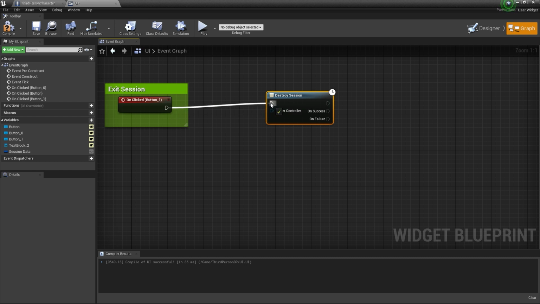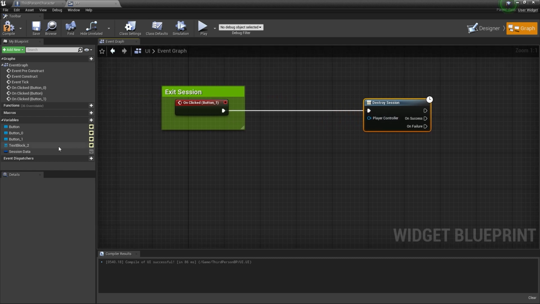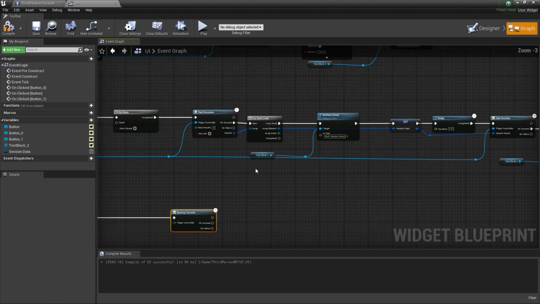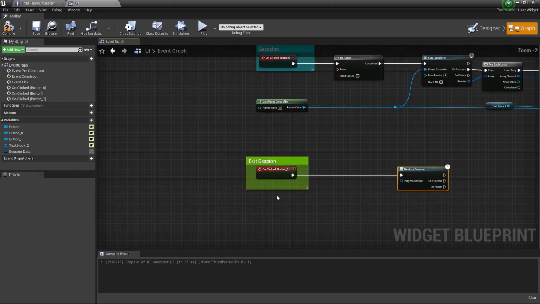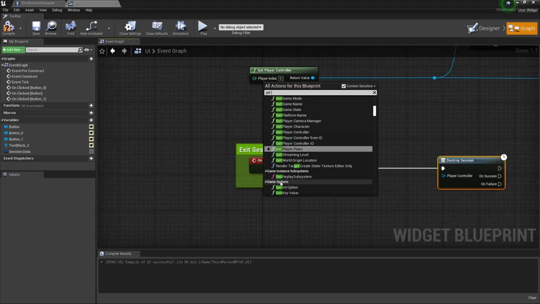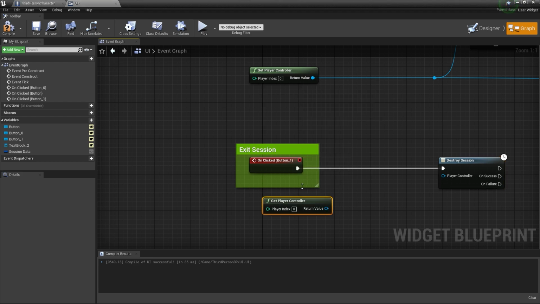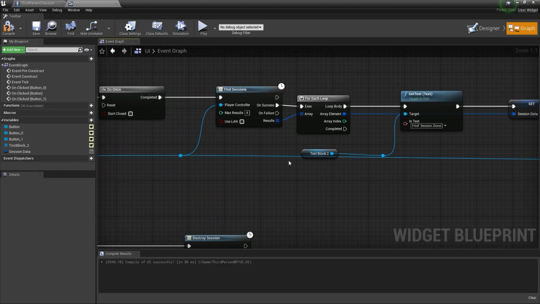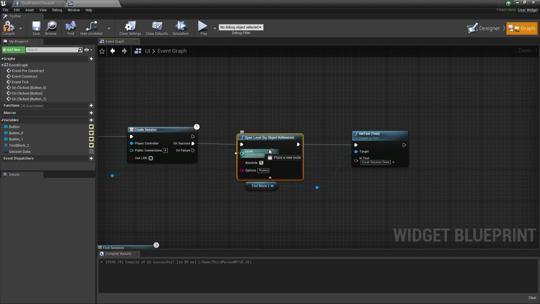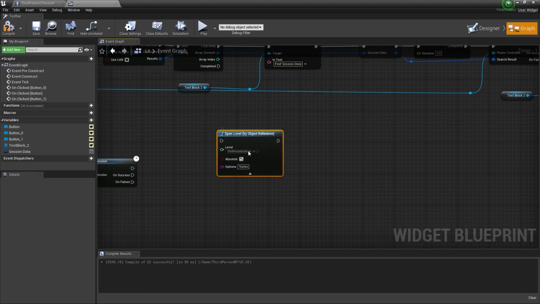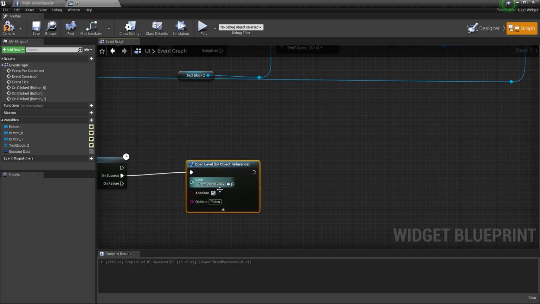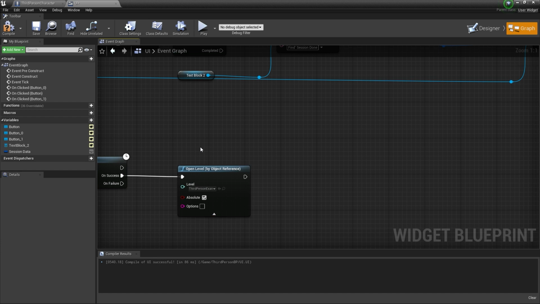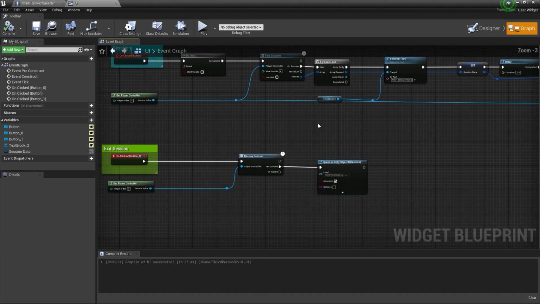We'll connect with this because that is the easiest way to come out from this session. That's why I always show you guys the easiest way. Here we need one more Get Player Controller, and if it's a success, then we need to come out from this map, this listen server. So let's give it Open Level by Class, but here we'll remove this, then connect back to our own server. Compile and save.